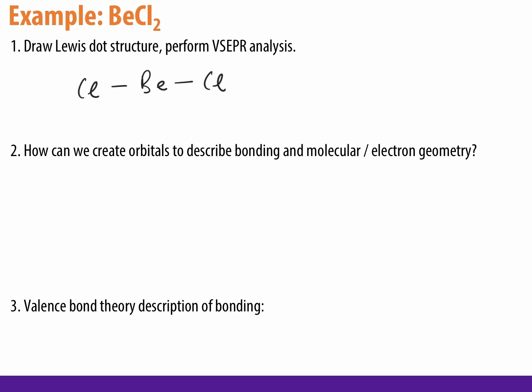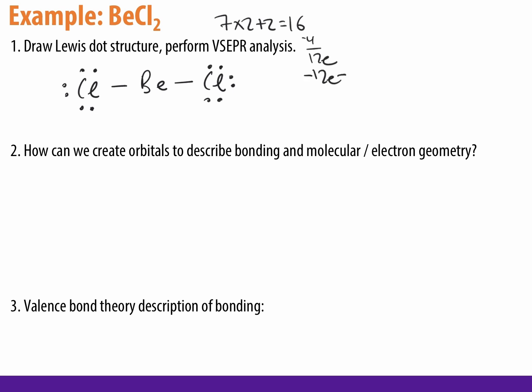If we count up our valence electrons, we have 7 by 2 plus 2, which is 16 valence electrons. We've used 4 to make the skeleton structure, and that leaves us with 12 electrons left. We need octets on the outer atoms, so 2, 4, 6, 8, 10, 12, and now we have our BeCl2